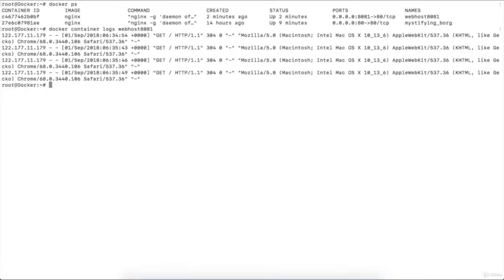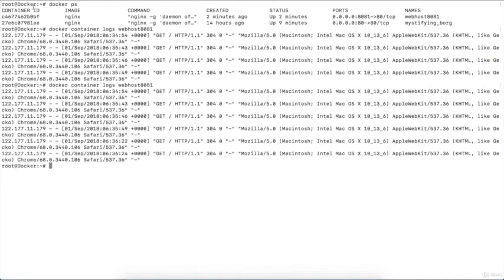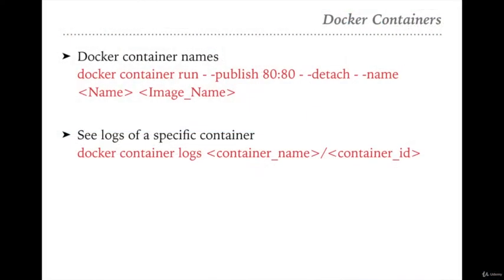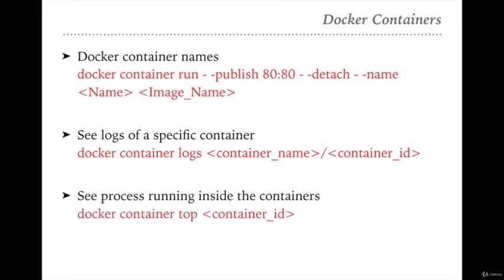Again go to my terminal and execute the logs command for my container. Now I will get a few more lines. So using this way we can get the logs of a running container, right? Now we will discuss another command, docker top. Suppose you want to see the running processes inside your container, right?